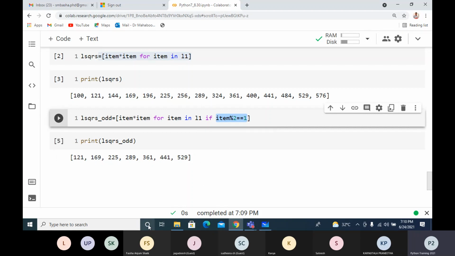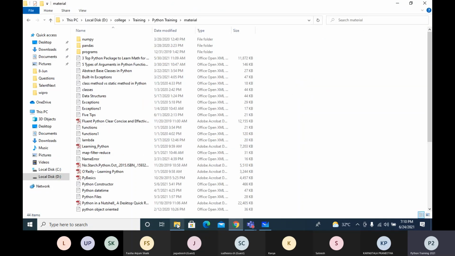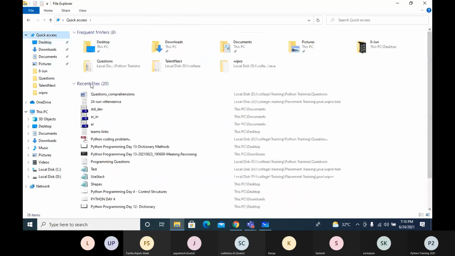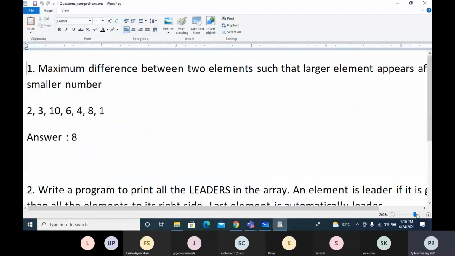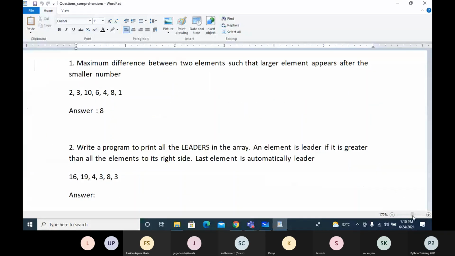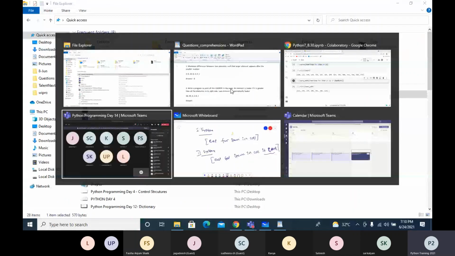Now we'll take one question here. It is given in earlier placement drives. So I'll choose that question. So this is the one. The first one requires some more concept, so I'll give the first one a little later.